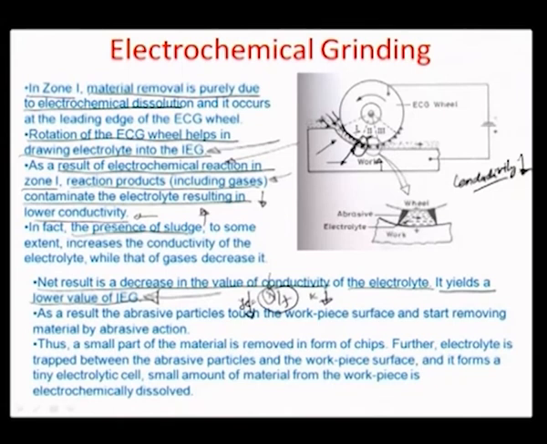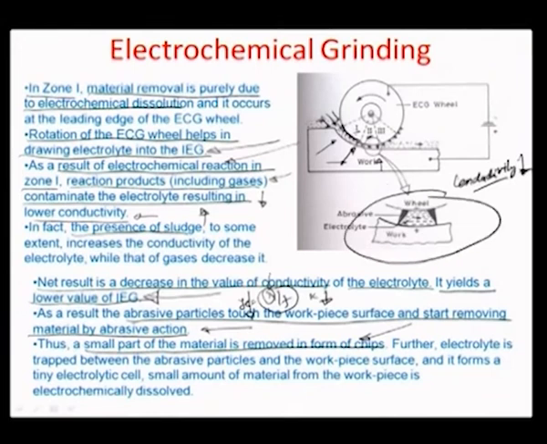So there is certain one-to-one contact between the particles on the wheel and the workpiece surface, which happens on the transition between zone 1 and 2, and therefore a small part of the material that is removed is in the form of chips as well. The moment it enters into zone 2, as you can very well see here by this blown up schematic of this portion of zone 2,